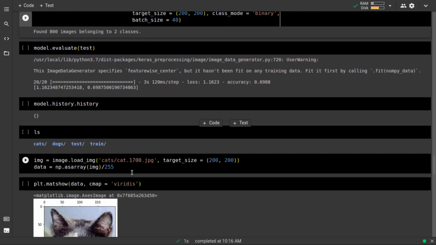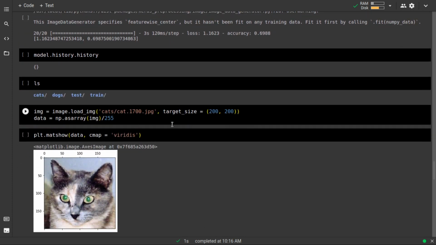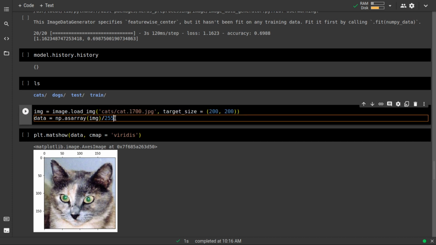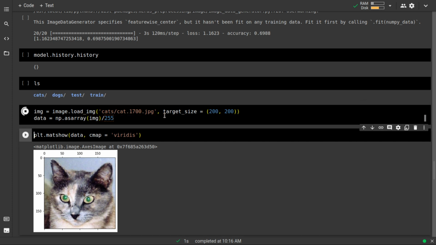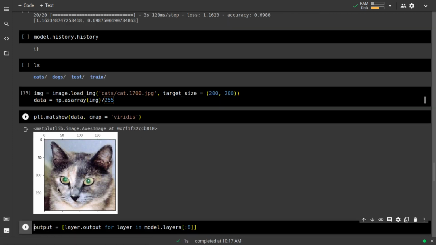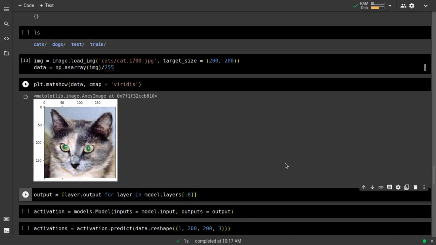All right. So now let us come over here, and as you can see, we have this cat photo. So I'm going to import this cat photo over here, and then if I do plt.imshow, you will see this beautiful cat. Now you have to understand what this code actually means.